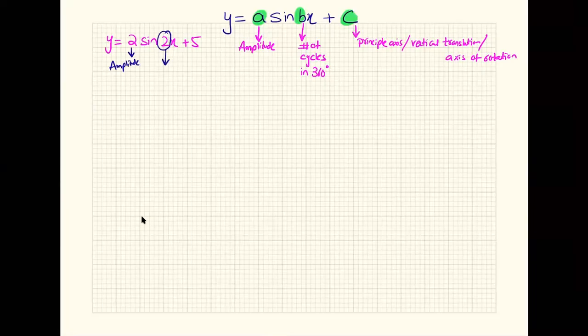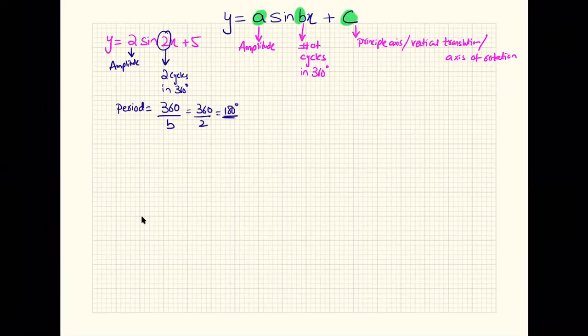Now, this tells you that there are two cycles being formed, two cycles in 360 degrees. So, if there are two cycles in 360 degrees, in how many degrees is there going to be one cycle? One cycle is 180 degrees. So remember this thing, that the period of a graph is when you get one cycle. So if I want to find the period of this graph, that is going to be 360 divided by the value of B. So 360 divided by 2, you are going to get 180 degrees. That's the period of this graph.